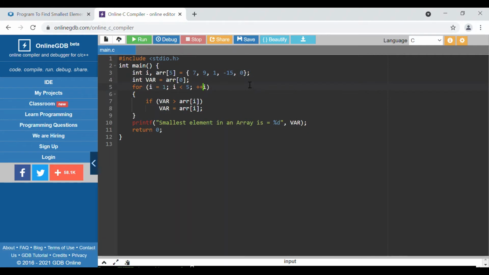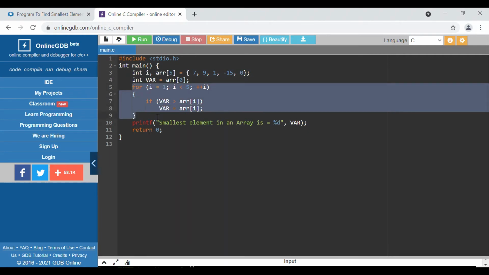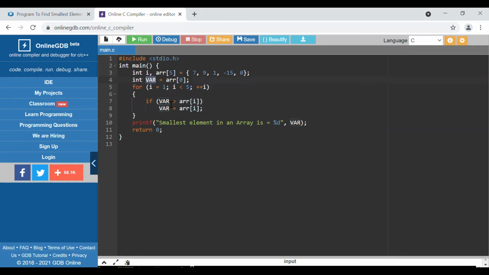and then we are iterating over the array. Each element we are accessing using a loop, and we are checking it against the variable in which we are holding our first element, the zeroth element of the array. We are checking whether any element is smaller than that variable's value, which is initially the first element of the array. If we find any element while moving through the array that is smaller than that value,